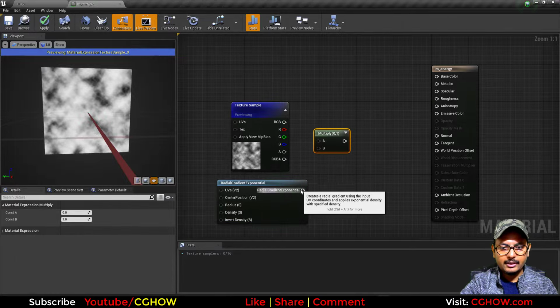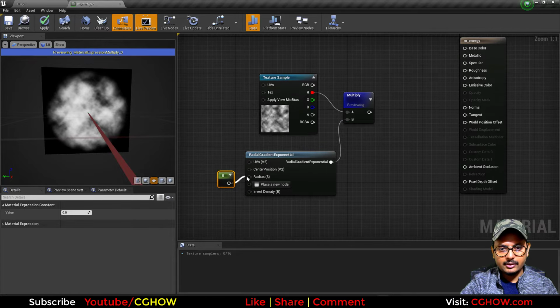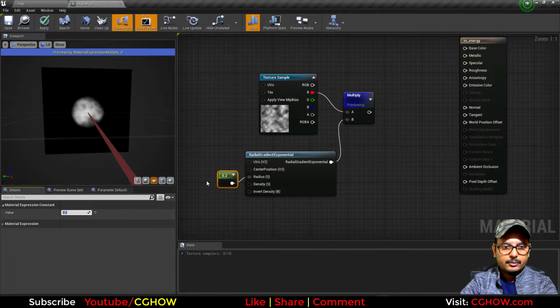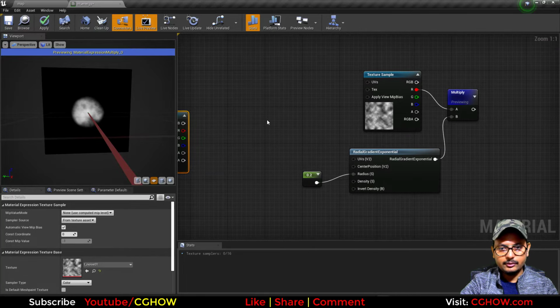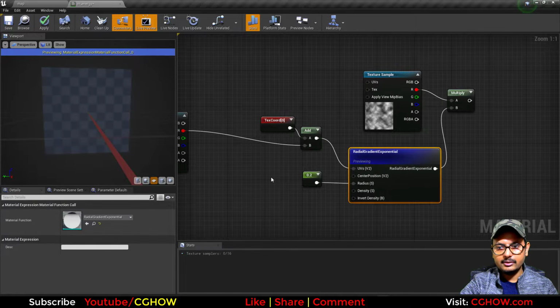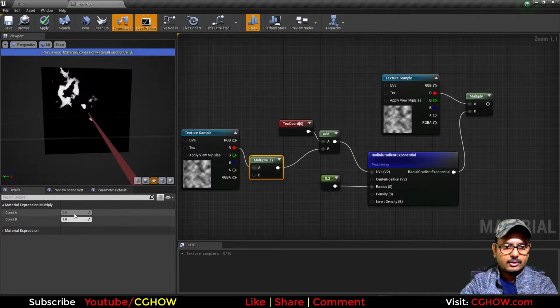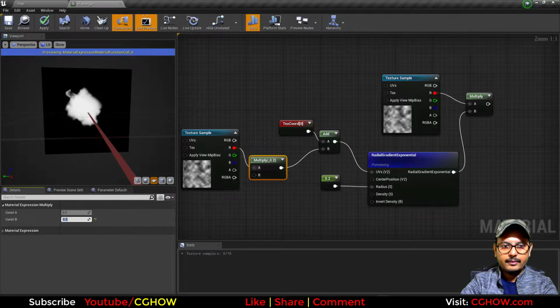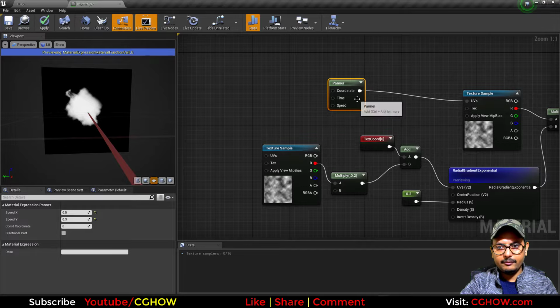So if you multiply these together, of course you have this thing, and I will decrease the radius to 0.5, 0.2, and then what you can do, you can take this noise texture again and add this noise texture to distort the radial ring, this thing, and to control it you can take the multiply here to control like 0.1, 0.2, and you can just take the panner and pan both these textures 0.1, 0.2, 0.5 and 0.3, and one panner here,